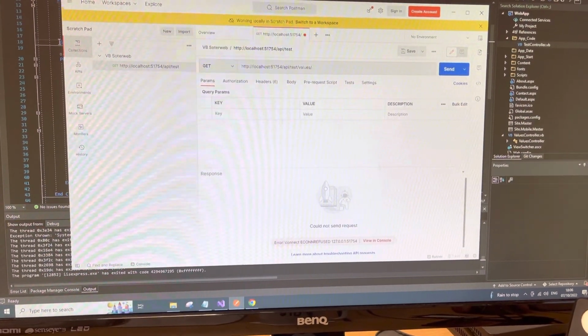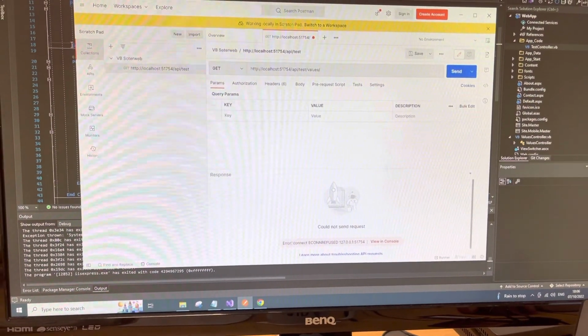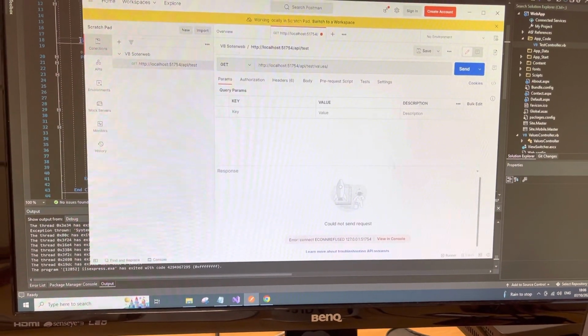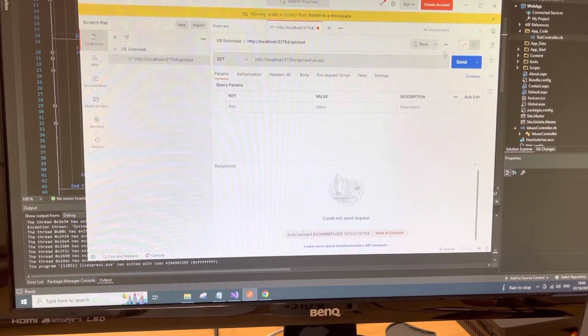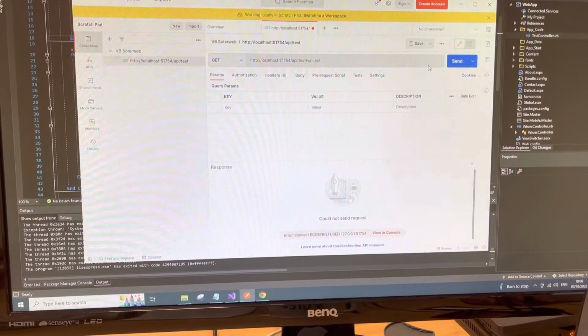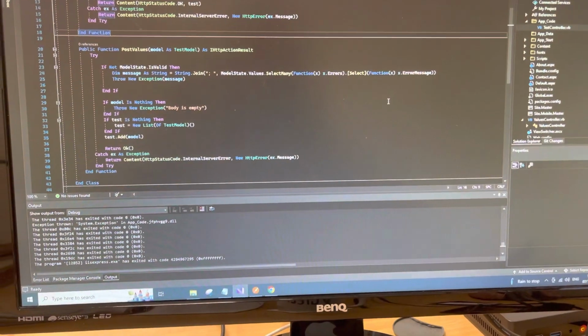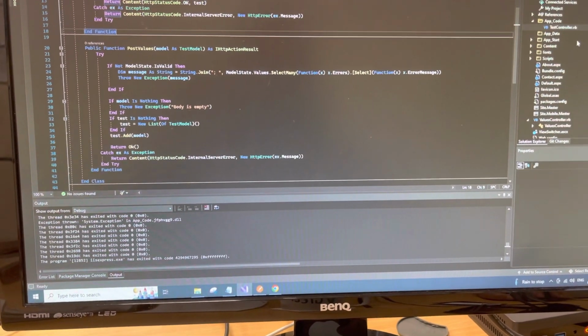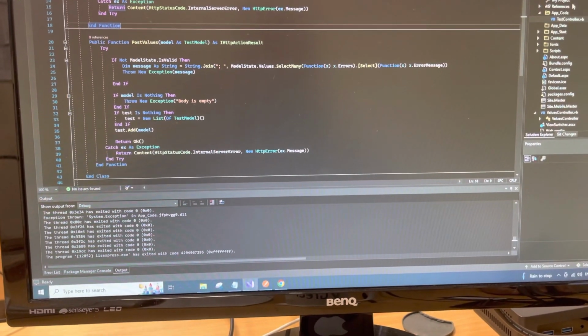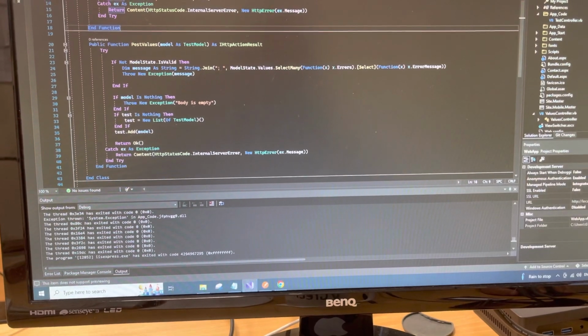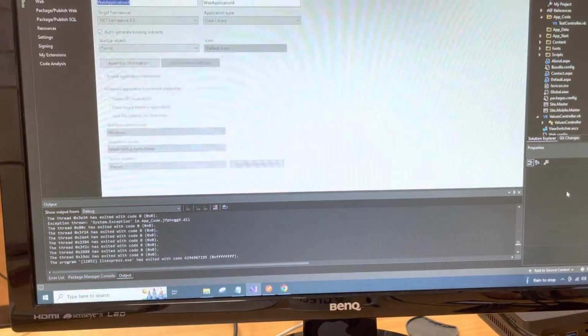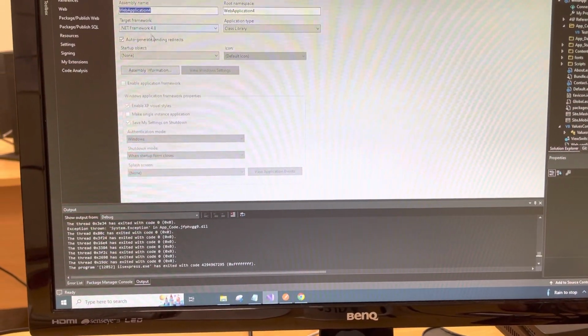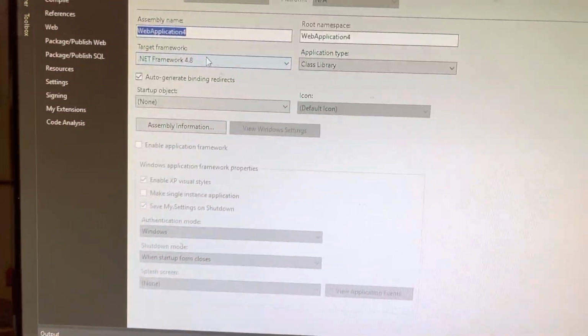I think we could probably share a screen and do it together, but I just wanted to give you something. I'm about to send this code over and a link to this video. So what we have is a Visual Studio project. You can check that it's at your version of .NET by doing the properties, and you'll see the framework 4.8,